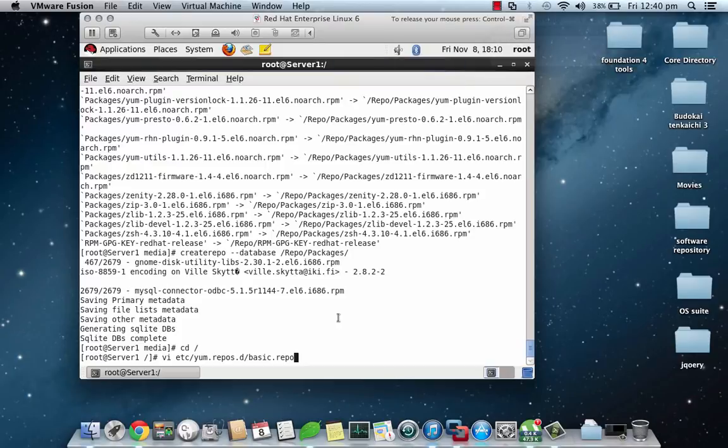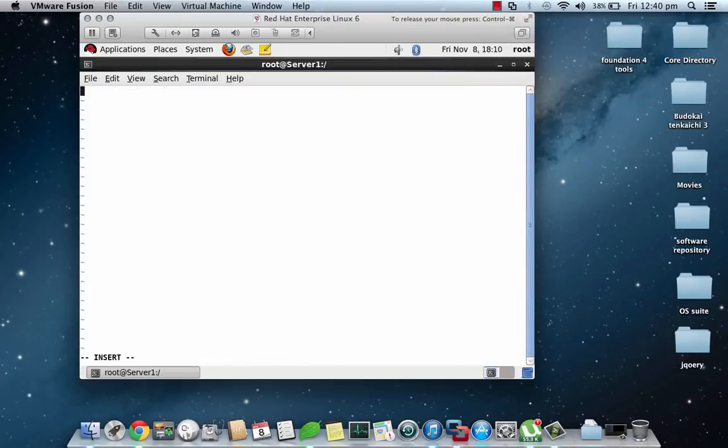now once done with this, click enter and go to the insert mode of the vi editor. First we'll give the same name but in brackets, [basic], and make sure that this and the file name match or you will get an error. Then come certain parameters for this configuration file, namely the name. This can be any string you like, for example your name, or for example, my local repository,